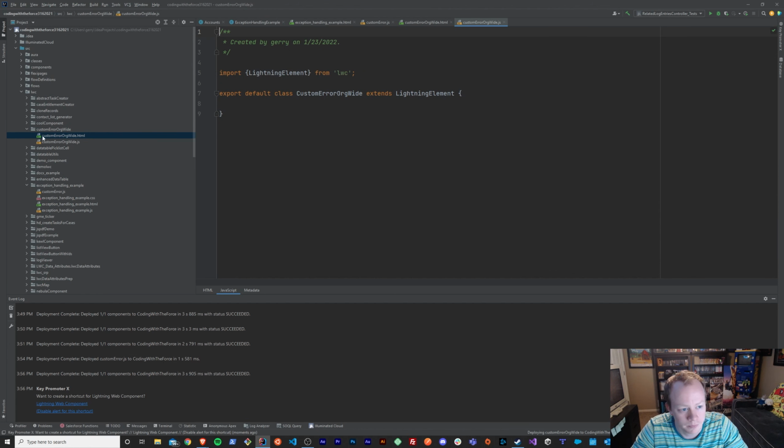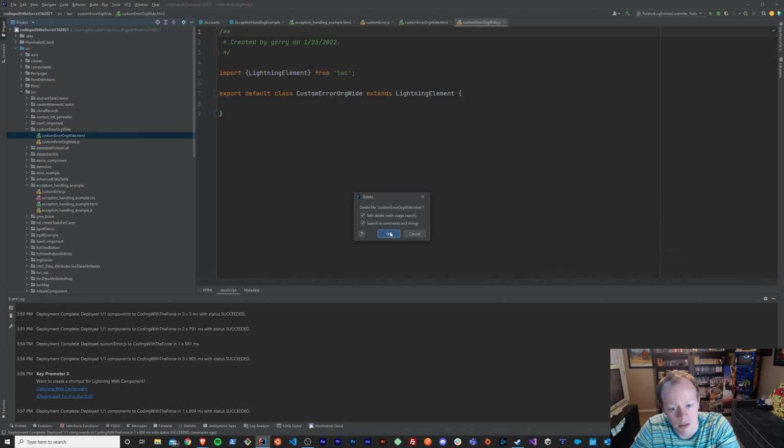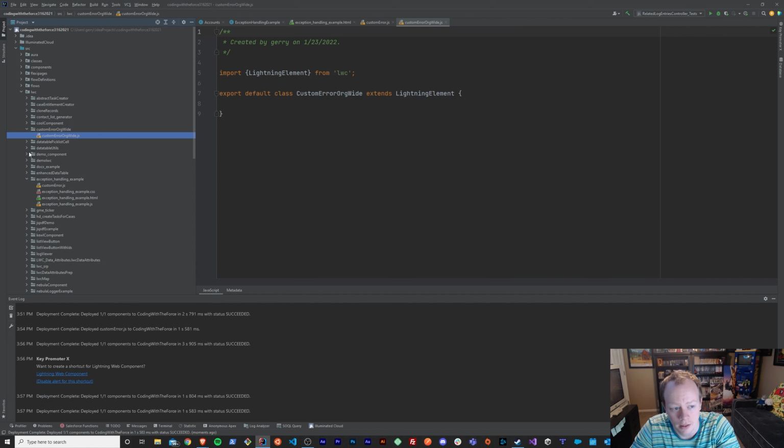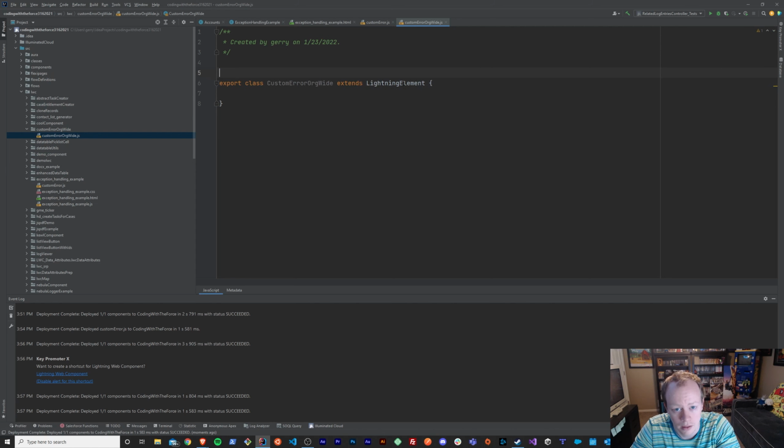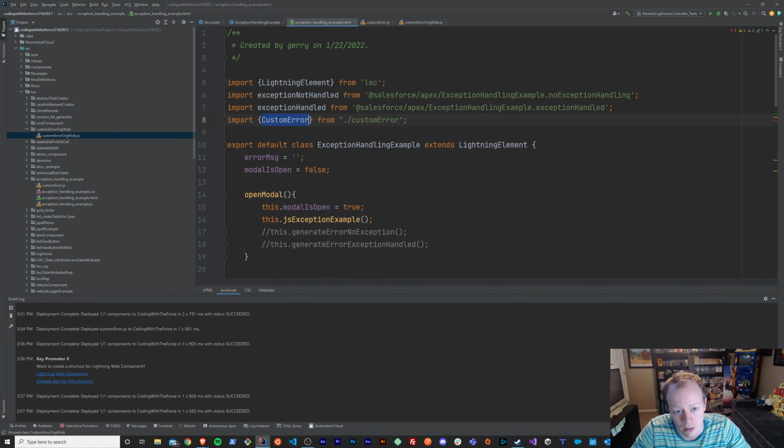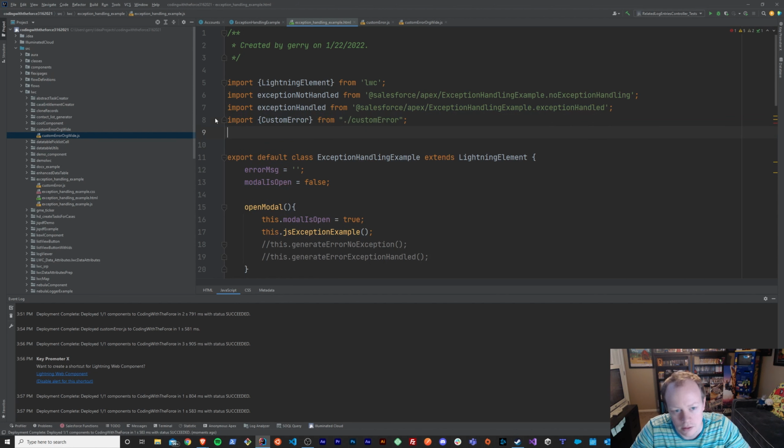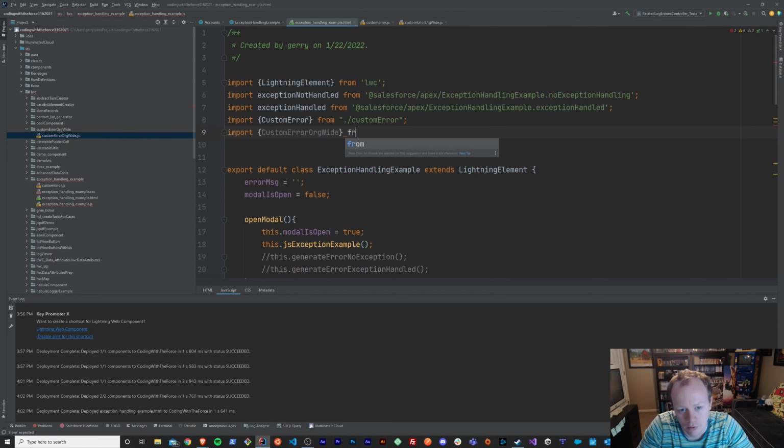And it's not going to let me do this because I capitalized the first letter here. And I'll hit OK. And we can delete the HTML file because we won't need this. We can just say export class extends error. And then if we came back over to our exception handling example, we could import it instead. Actually, we can just leave it as it was and make this marginally easier. Just say import custom org wide from